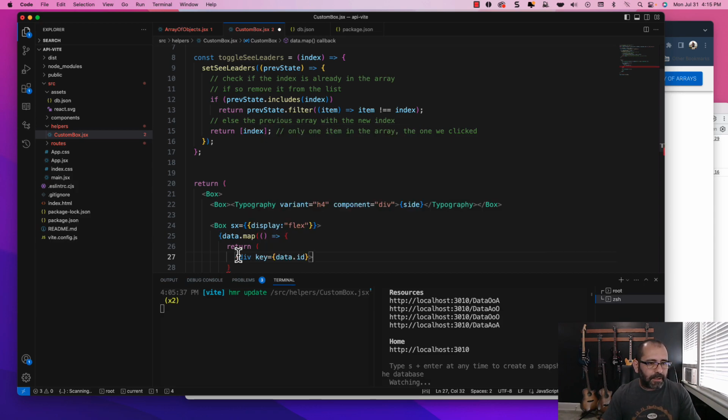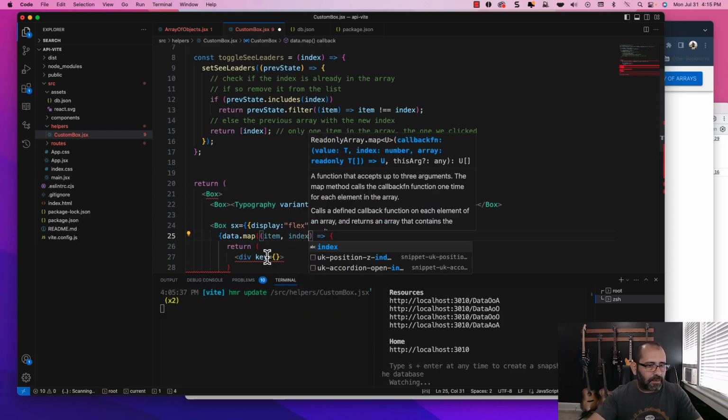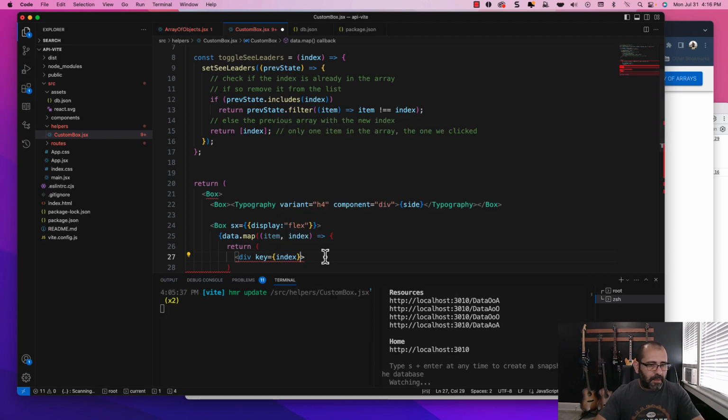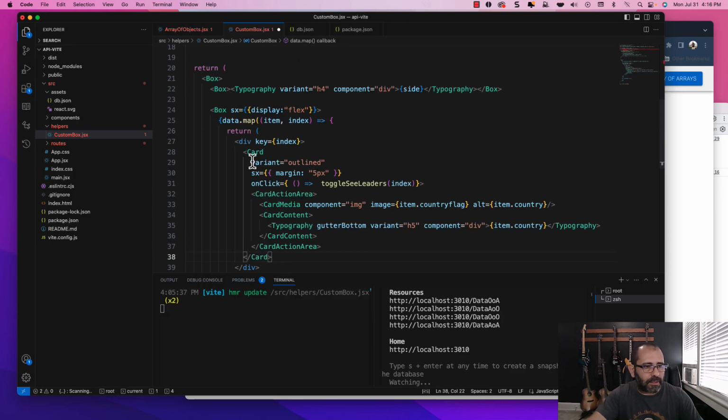with a key, which is not going to be data key. I'm going to use, what am I going to use here? I'm going to use item and index. So I am going to use index for my key. Right, and then item is basically how I am going to map this data and create items for everything that is found inside. So I'm going to copy this right here from my code so I don't have to